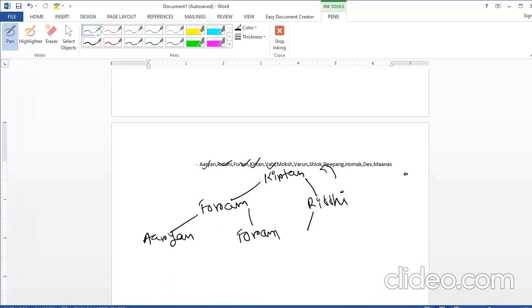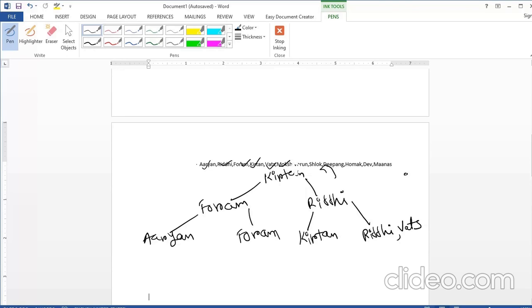Okay, so we have removed Kirtan from the internal node.